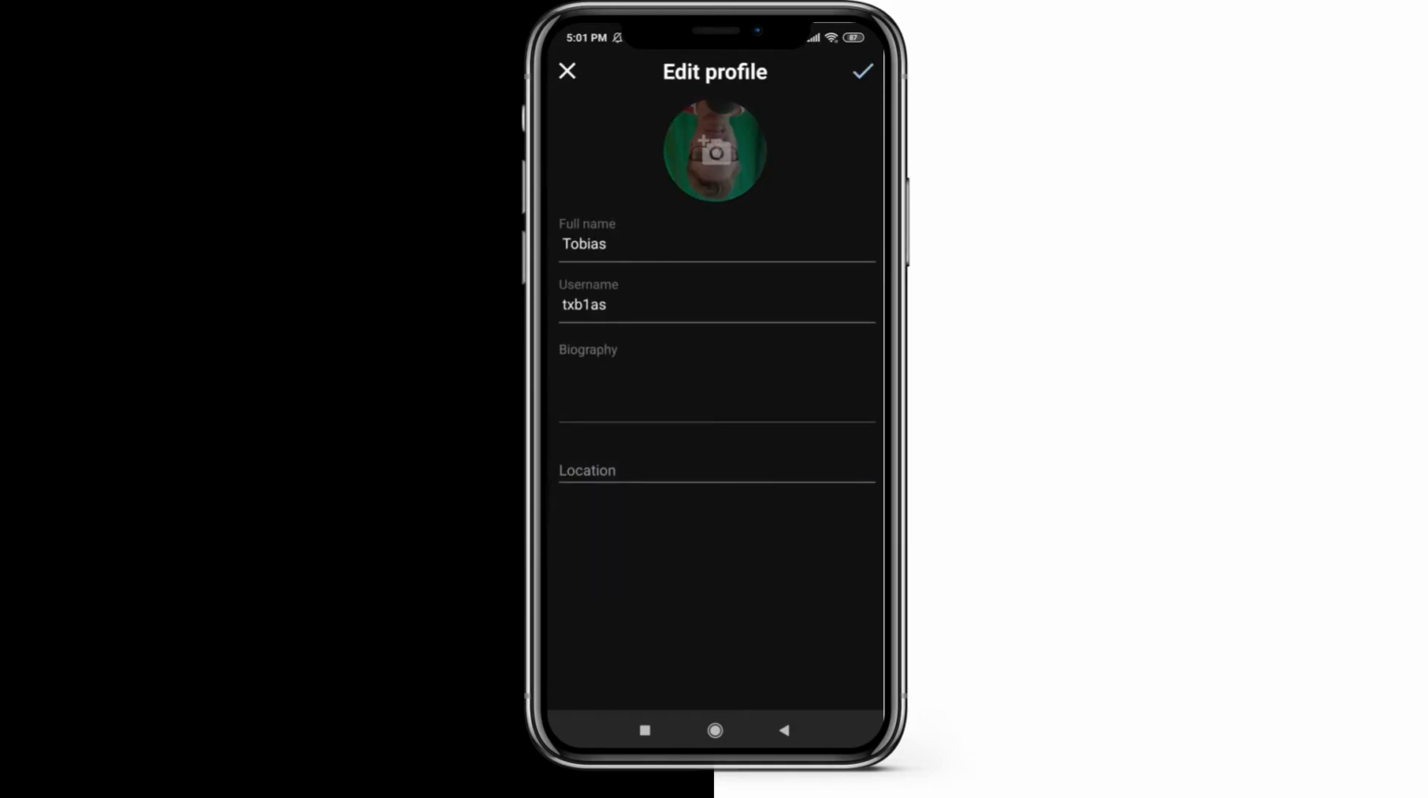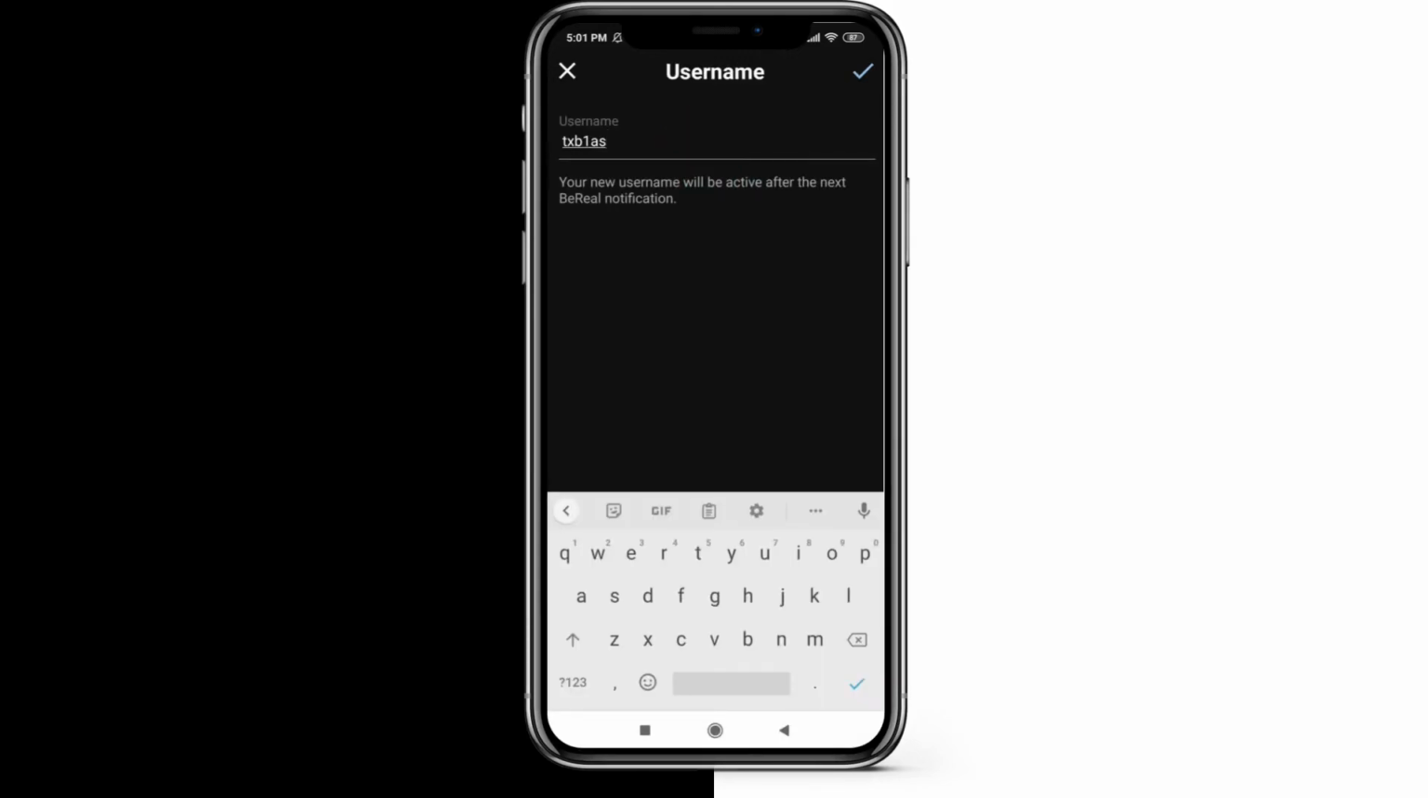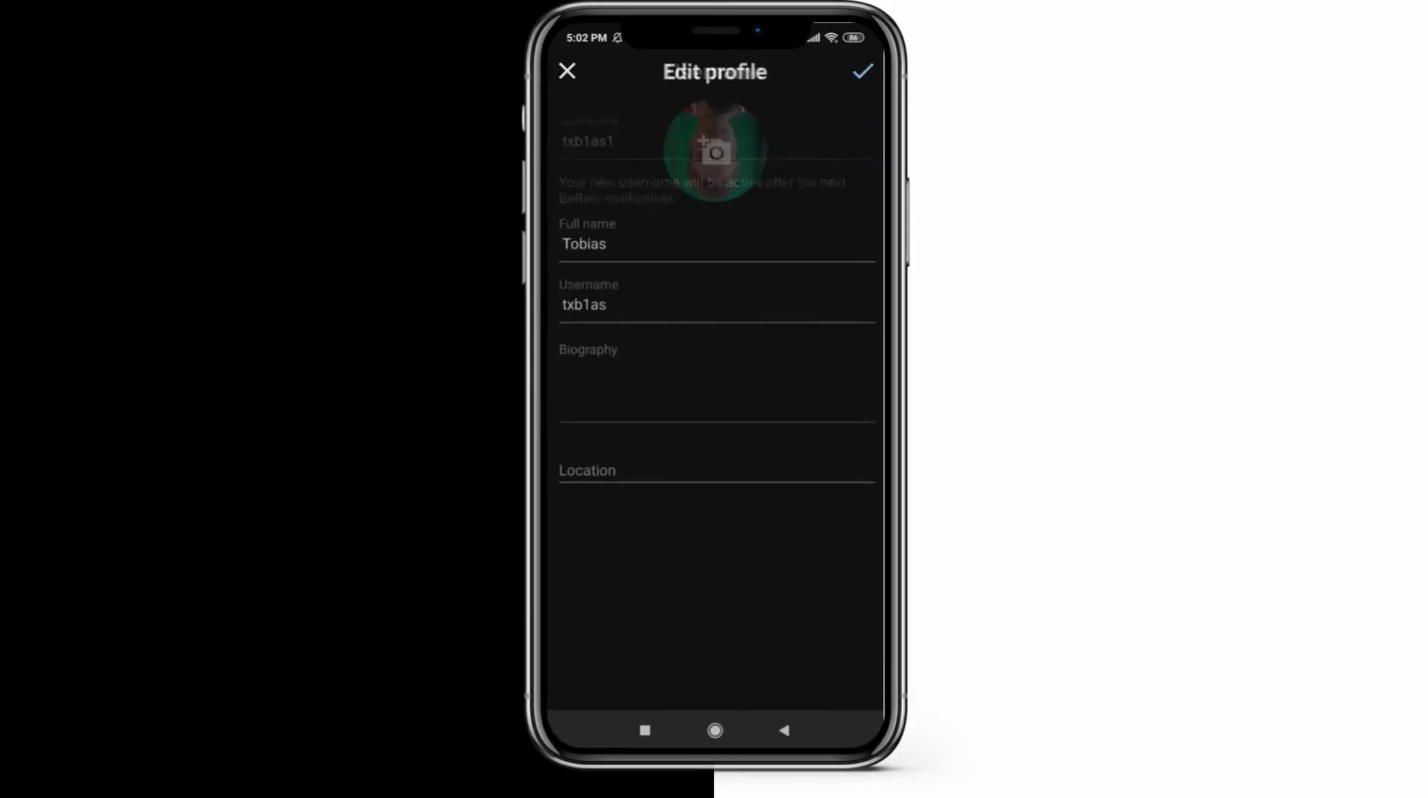And then click again on the profile picture if I want to change the picture, or on the username if I want to change my username. For example, I type in Tobias or TXB1IS1 and click on the check button, and now I have changed my username